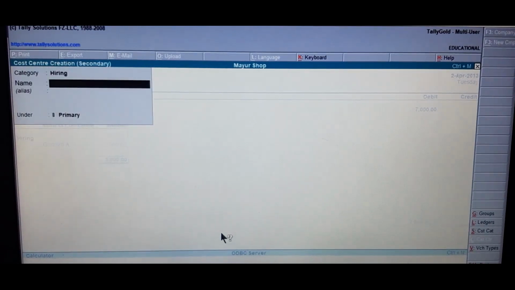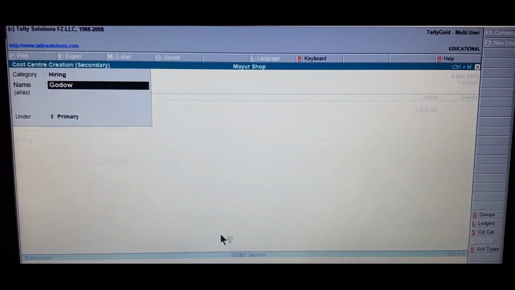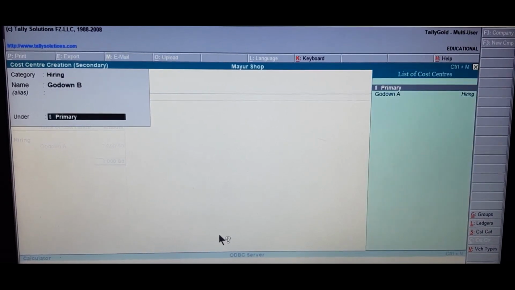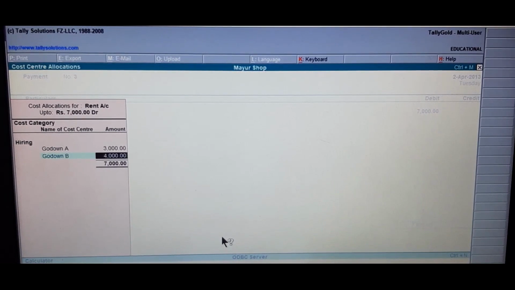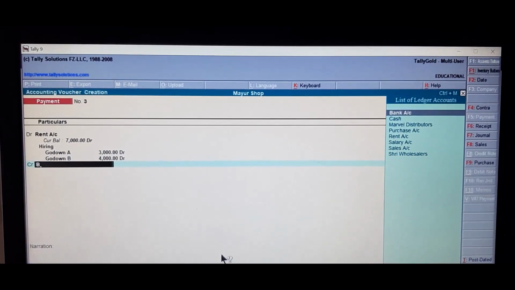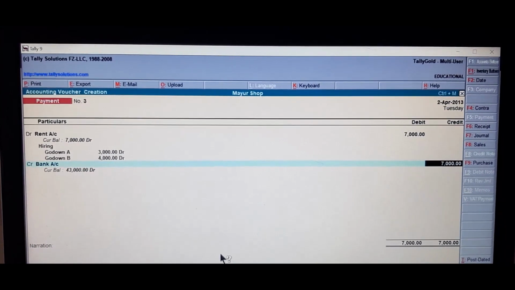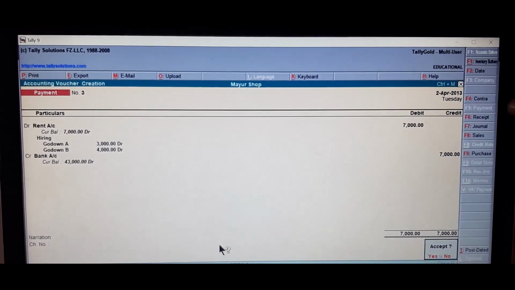Alt C to create. Hiring category Godown B. Accept. Press Y from the keyboard. 4000. Credit bank 7000. Type the narration. Accept. Press Y from the keyboard.